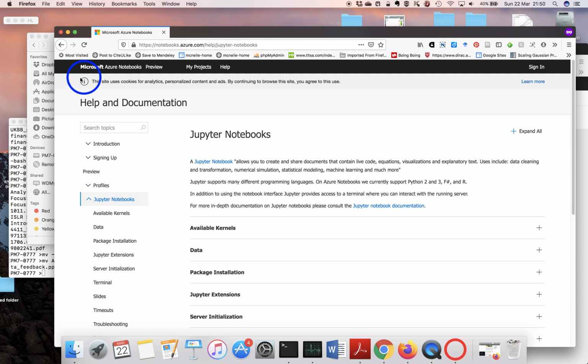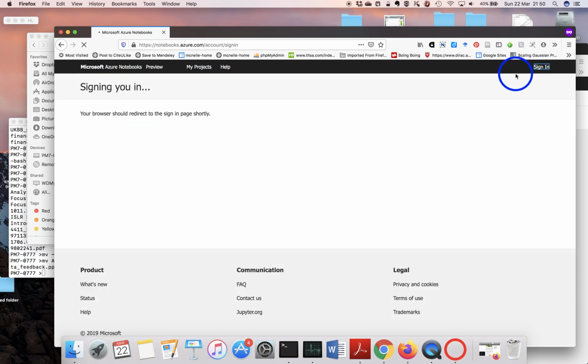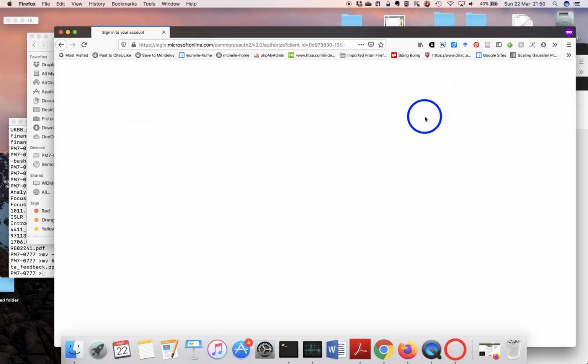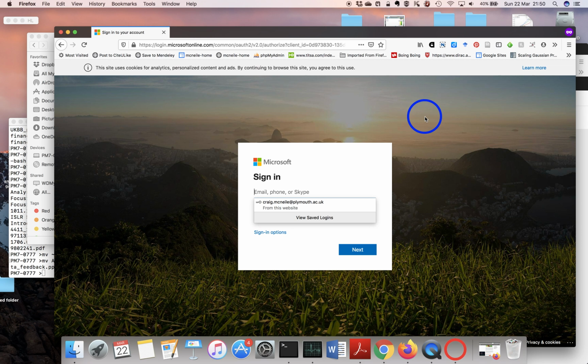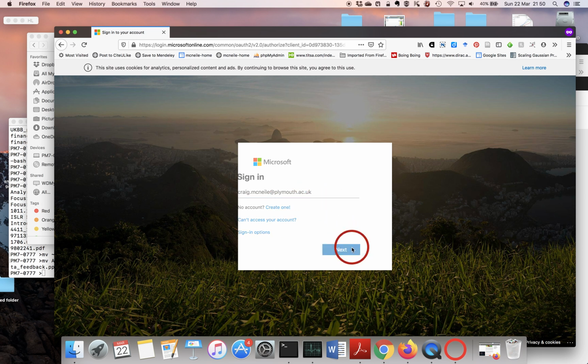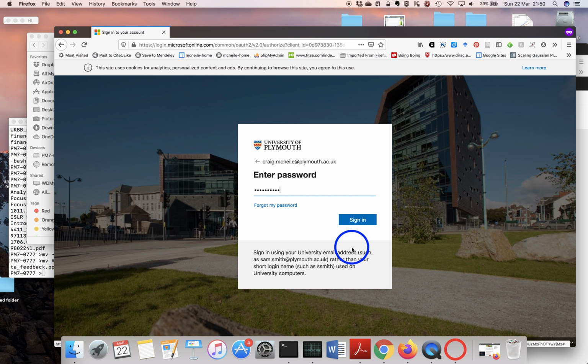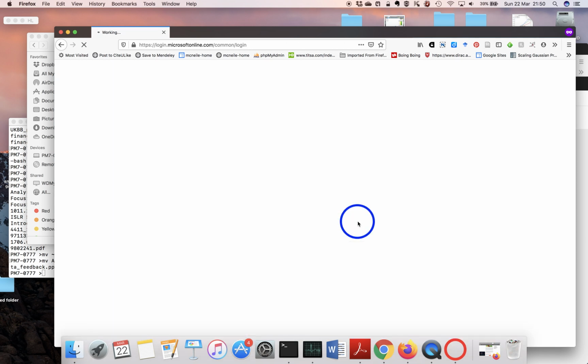The reason why I'm pushing the Microsoft Azure stuff is that if you go to the link, if you do a search for Microsoft Azure notebooks, and you do the sign in, it asks you for a sign in, and actually it uses your Plymouth credentials. That was my university login. So the credentials are actually your University of Plymouth ones. So it's a single sign-on idea, and then once you're in,